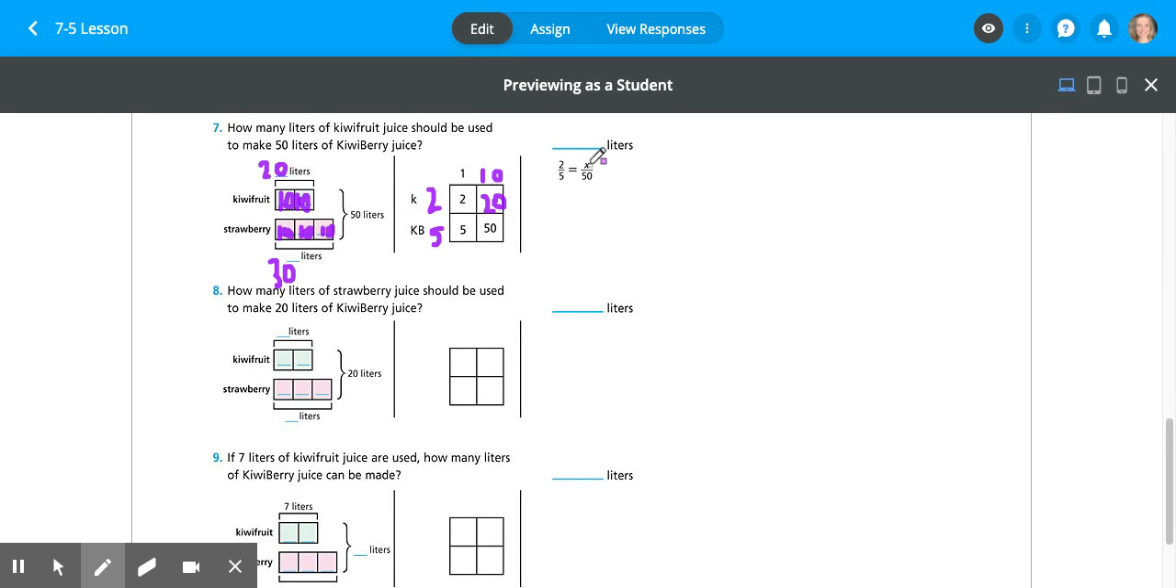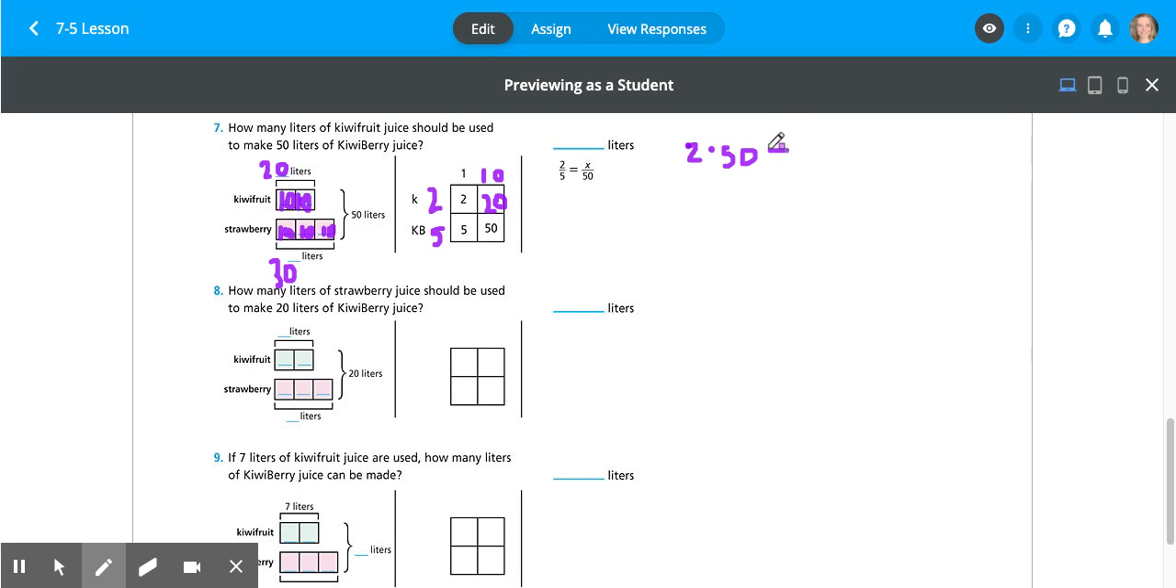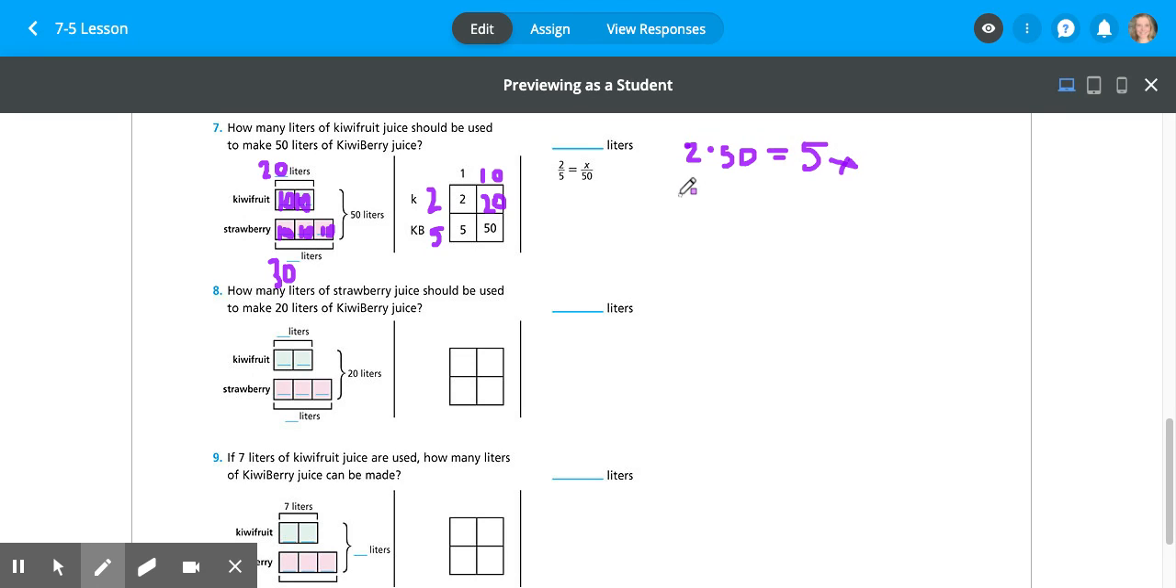So now here's our fractions. We're going to put that into an equation. So 2 times 50 equals 5x. 2 times 50 is 100, which equals 5x. So 100 divided by 5,